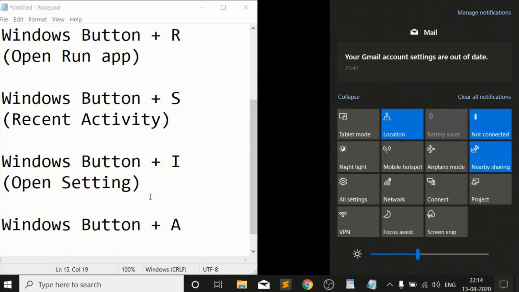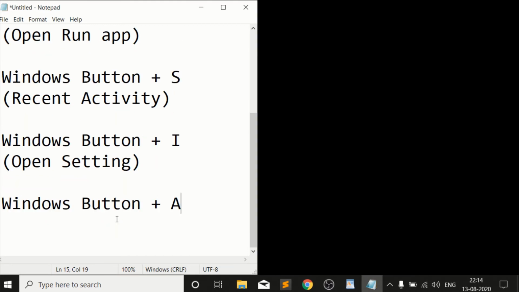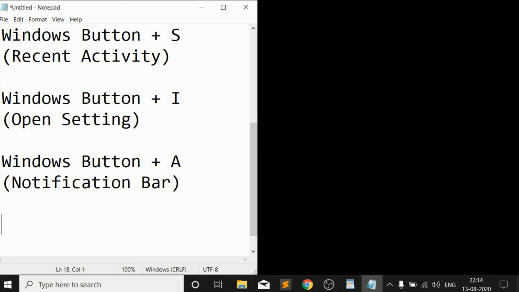You can turn on Bluetooth, turn hotspot on or off, and enable or disable Wi-Fi. All these options you can use. And if you press Windows A again, it goes back. So it gives you the notification bar. That's it about Windows A.